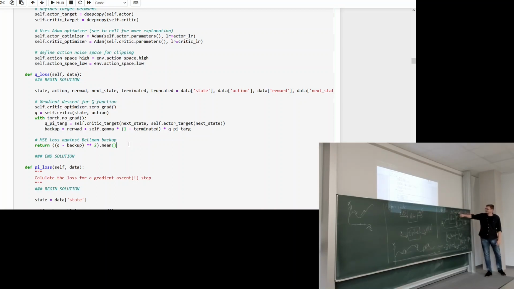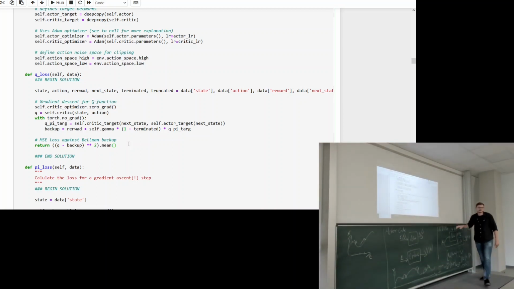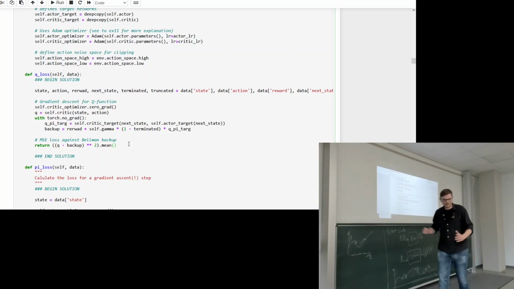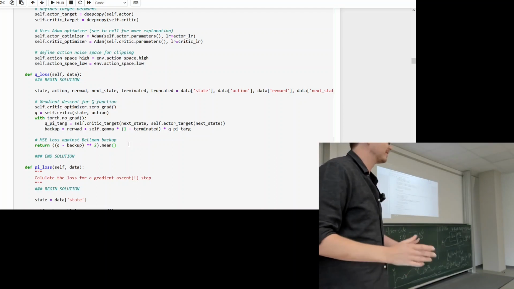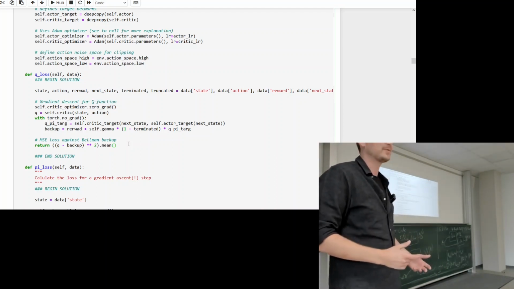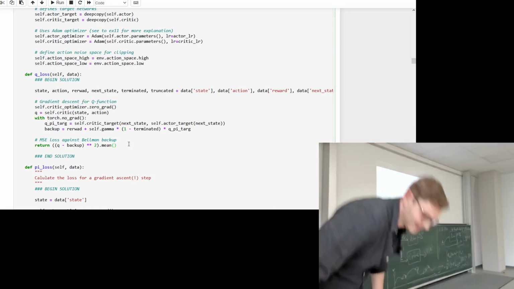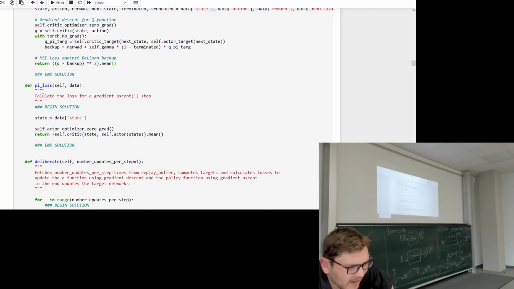So this we use for learning, we want to maximize. This we use for learning, we want to minimize. Most, if not all, of the frameworks that you can use for that are always trying to minimize. This is easily accounted for, but you need to keep it in mind. If you forget that, then you are in the end doing the opposite of what you actually want to do and cannot expect it to work out, which is why we find this loss for the